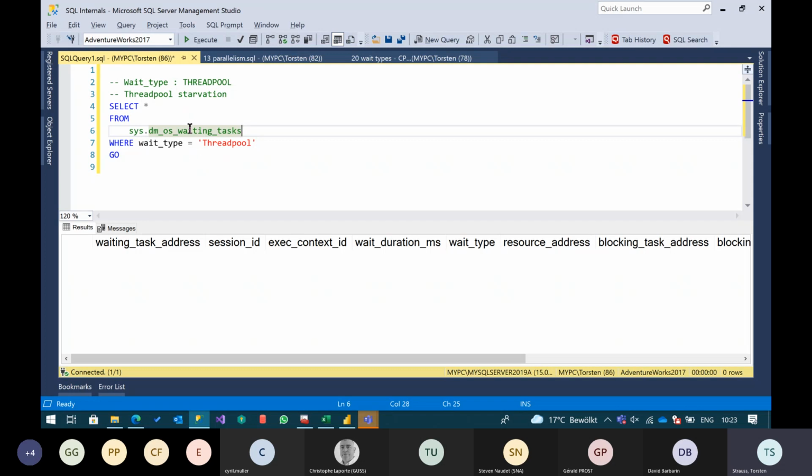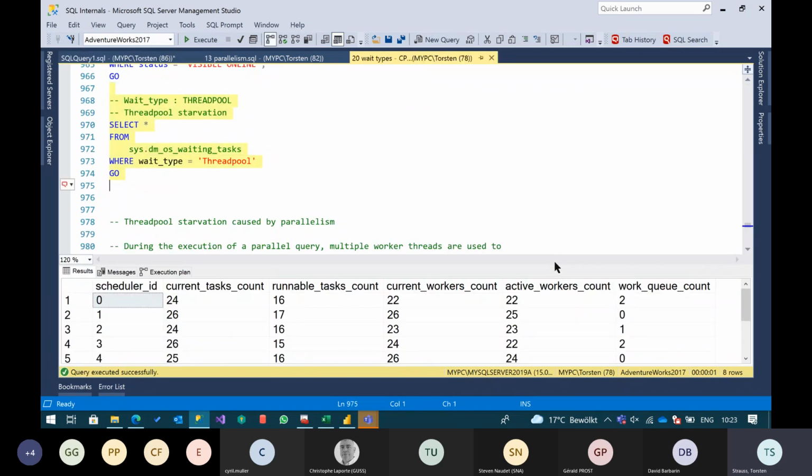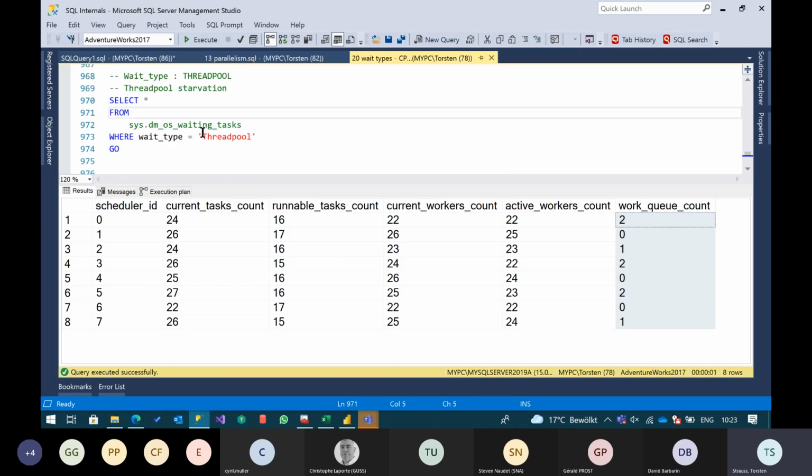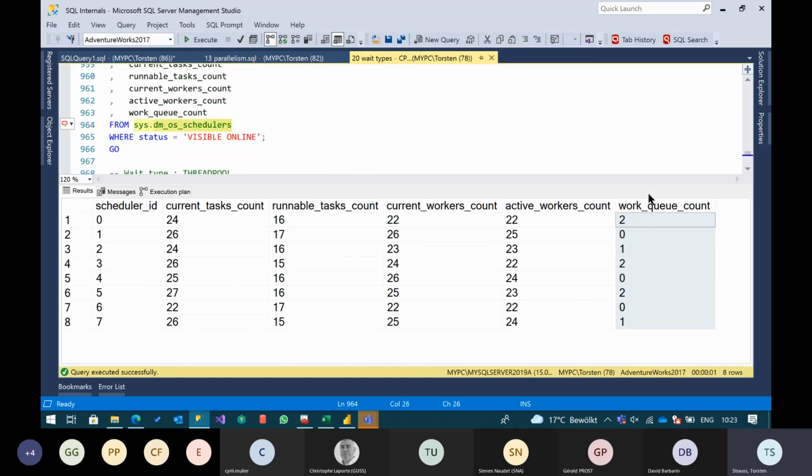Okay, I cannot see the waiting tasks anymore, because waiting tasks will only give you information about the currently running queries, which is not the case anymore because I completely stopped the overhead, but I can run the query another time. But important is that from sys.dm_os_schedulers, this was a query which I use,